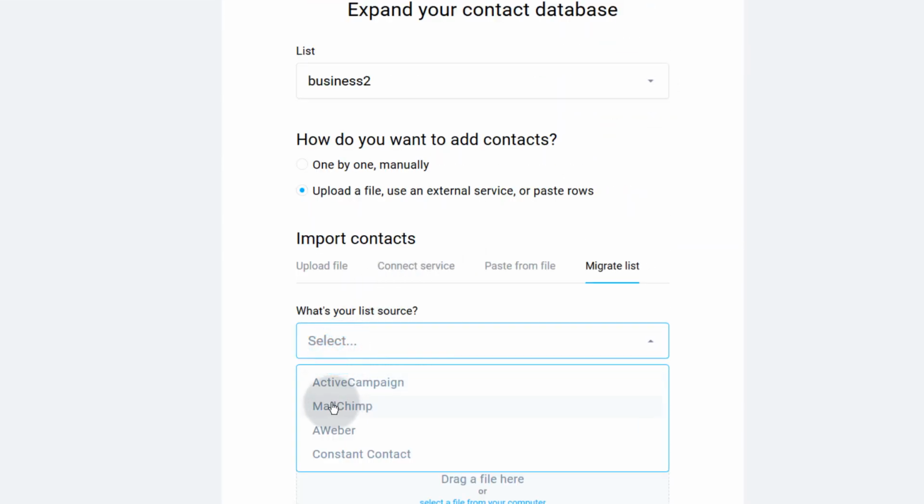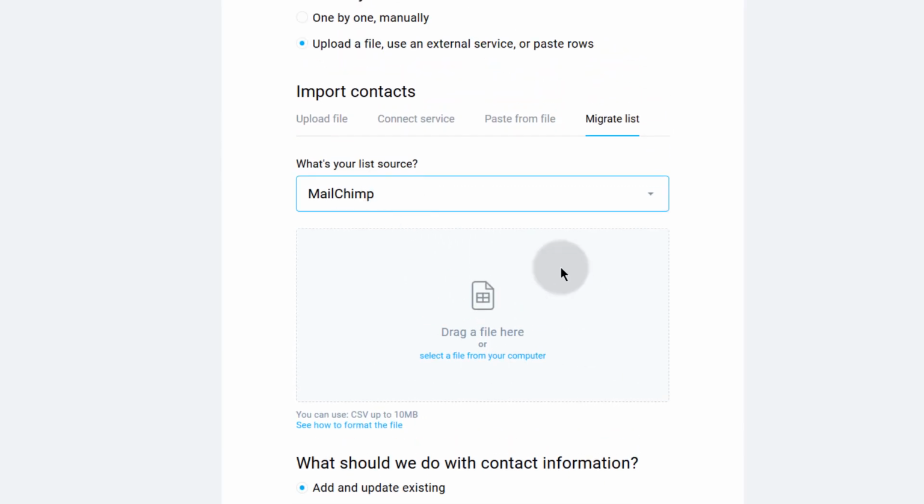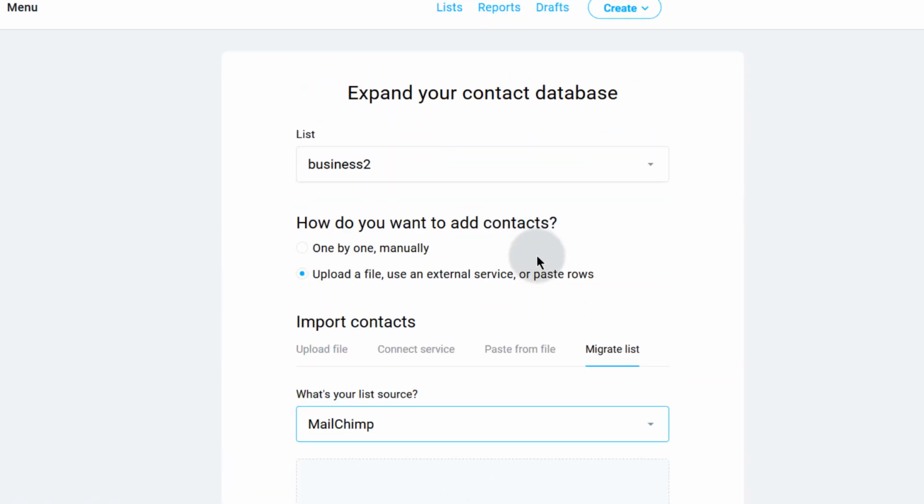So if you choose any of this, you can add your CSV here. You'll just drag the CSV here from MailChimp, and you can export your list from MailChimp, and then you just come in here and you select a file from your computer. So that's pretty much